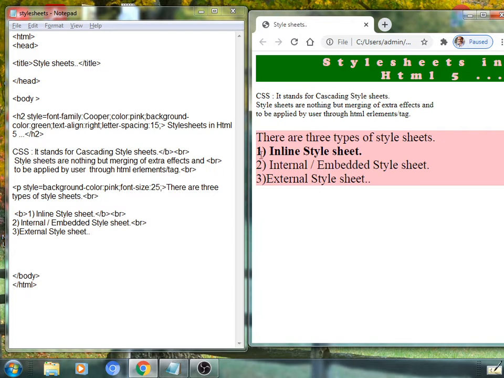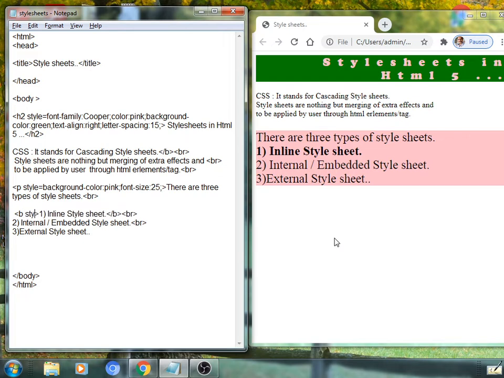Now such a B tag can again be used as a selector, by writing style equal to property number 1. Whatever property you want to apply, you can apply. Most commonly we can use color, that is the color of text. White I have chosen.